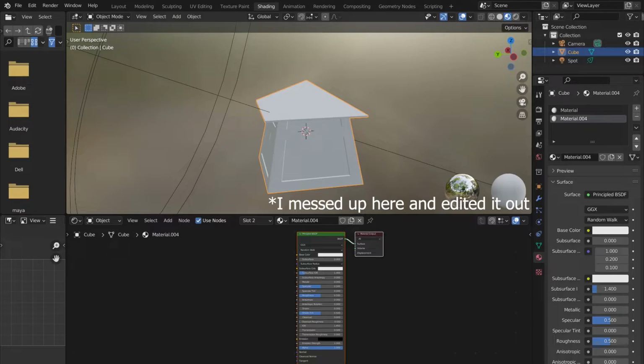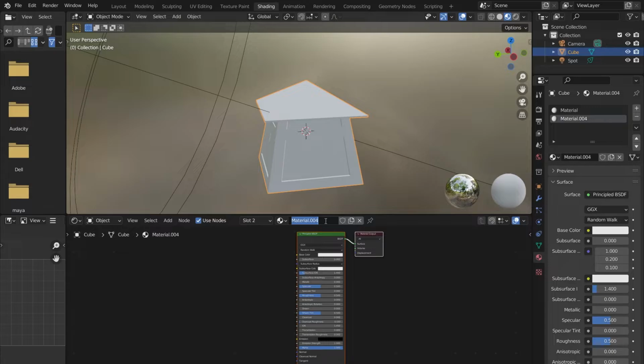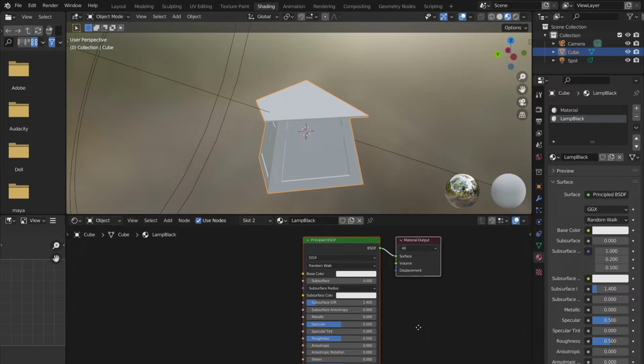Alright, sorry. I lost it for a second, but I'm back. Alright, so as I said, you can add a material, and then if you go into the shading tab, your material will be here. You have a drop-down menu where you can choose your material. I'm going to be using this one, so I'll call this one lamp black. So there you go. There's our lamp black material. This is going to be the black portion of the lamp that you saw earlier. Okay, so as you can see,